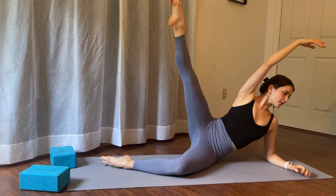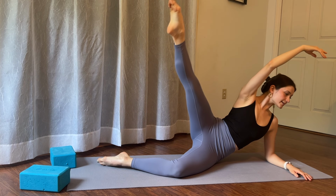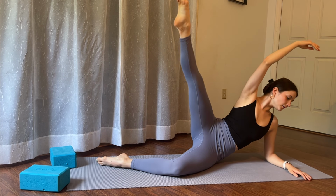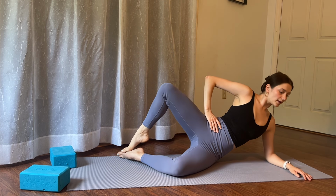Beautiful. Good, and while we're here, we do our circles for 10, 9, 8, 7, 6, 5, 4, 3, 2, and 1. Tap the toes together. Give me 10 clamshells here. We have 10,